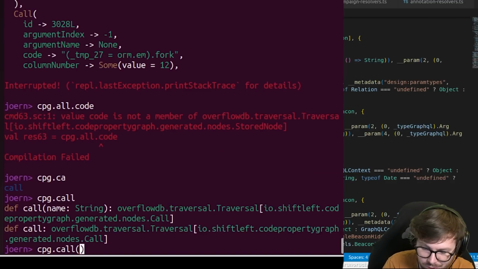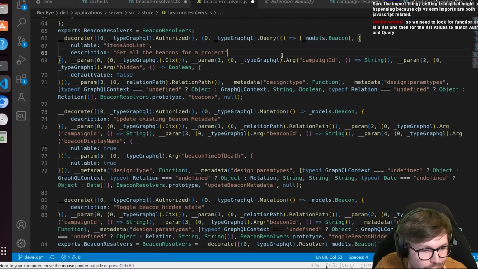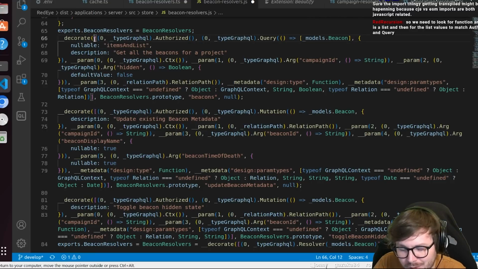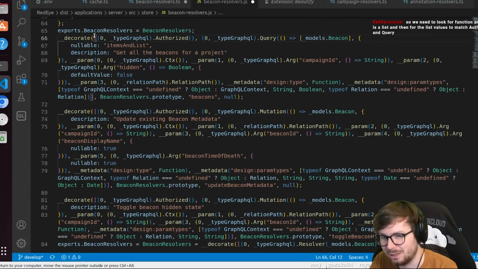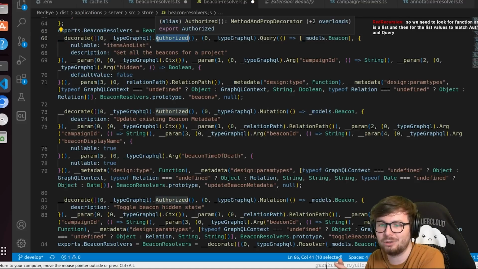Maybe I did something wrong earlier. So if we do query, no, we find these create query builder. We need to look for a function arg that is a list and then a list value to match the author. That would be definitely the way. Maybe we look for decorate and then we go into the argument, which is a list, the first argument. That is one way. But I don't understand why we cannot look for